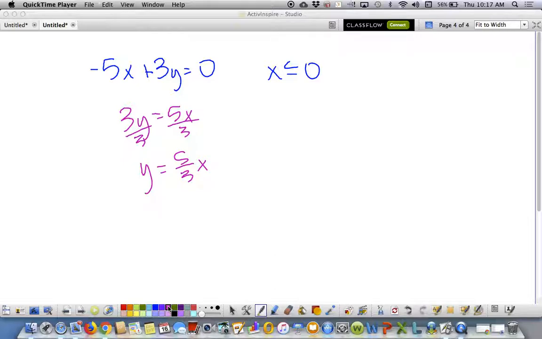So graph that. Can you plug in a negative x? Oh, I thought you meant x couldn't. No, it's just that there's a restriction on what x is. So where's the line? y equals 5/3 x. We're starting at the origin,